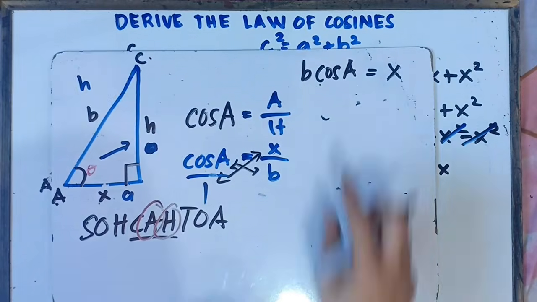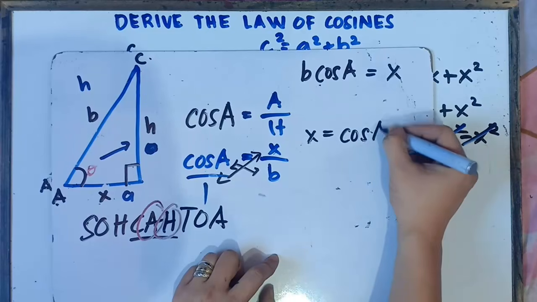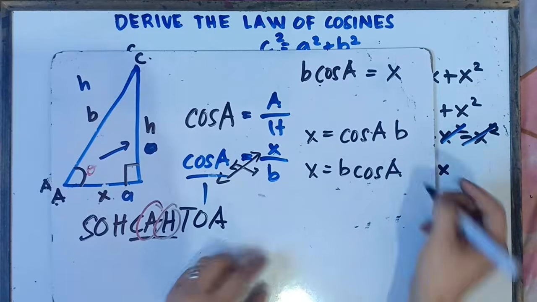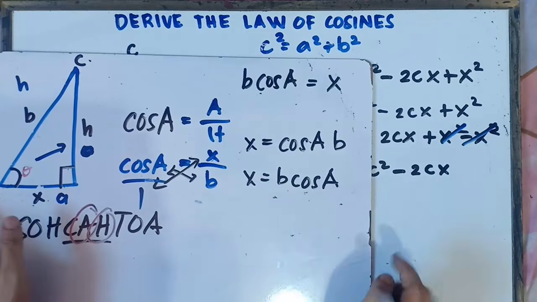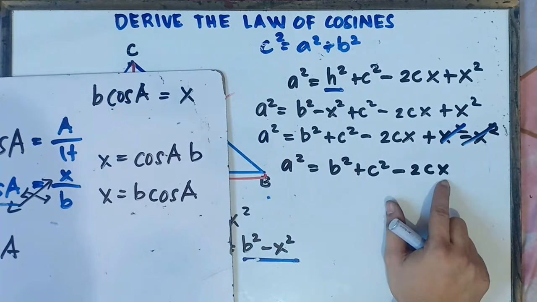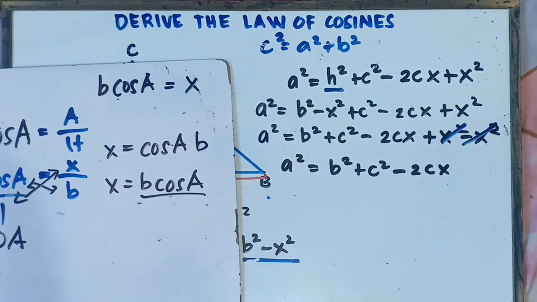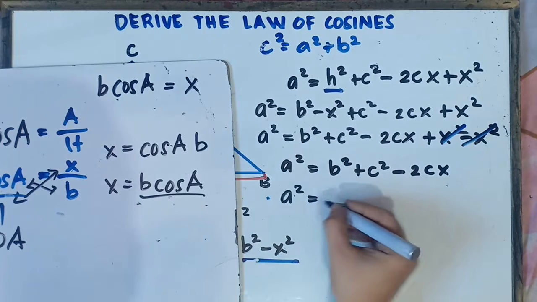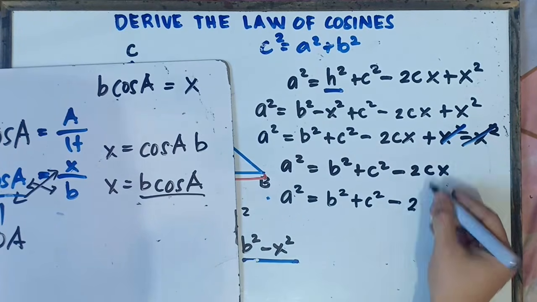So therefore, class, the value of X is equal to cosine angle A and then B, or X is equal to B cosine angle A. Alright, let's do that. So simply substitute, class, the value of X, that would be B cosine A. So this will be A squared is equal to B squared plus C squared minus 2, copy C,